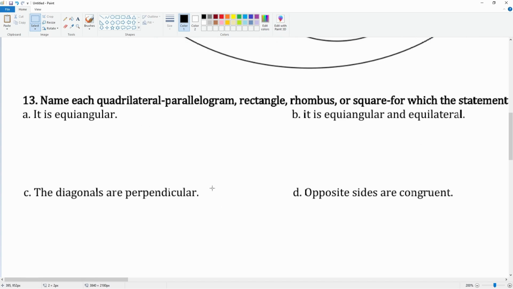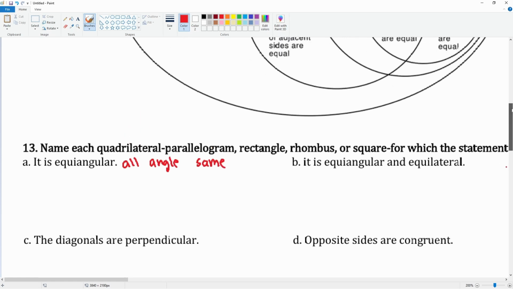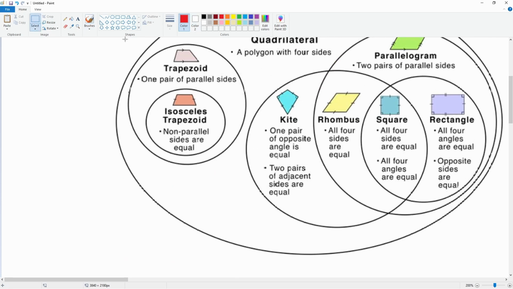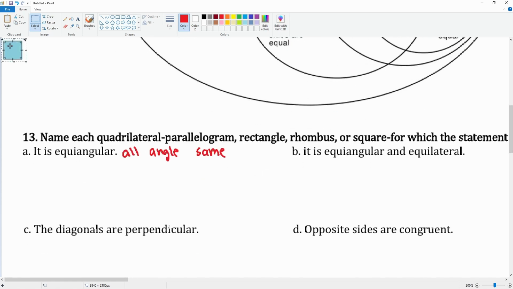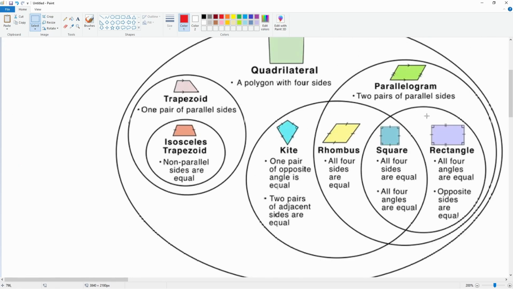Equal angular. So this means all the angles are the same, okay? All angles are the same. That one, well, first of all, we know that is the square because it's all 90. So the square works. And then, oh, the rectangle also,